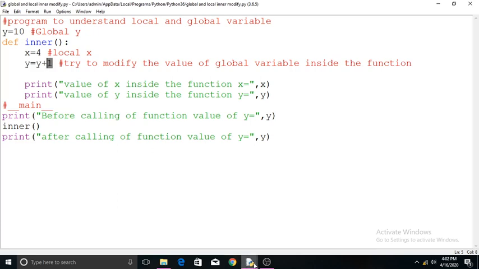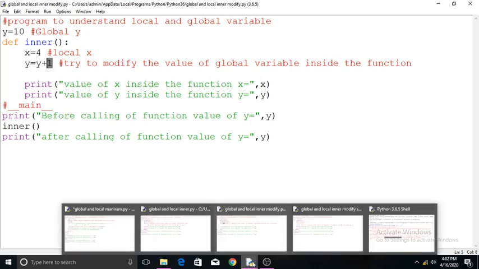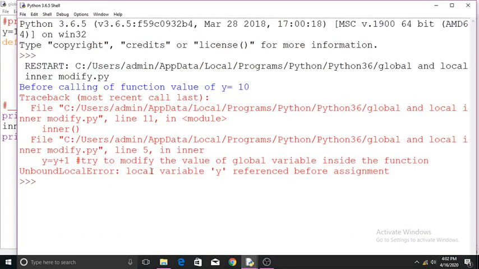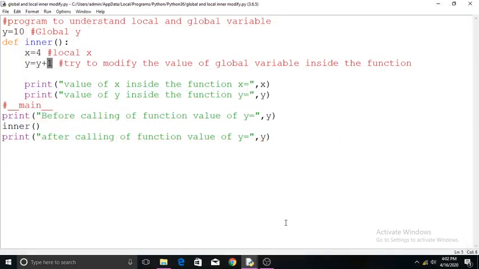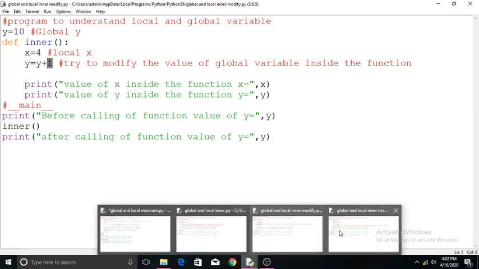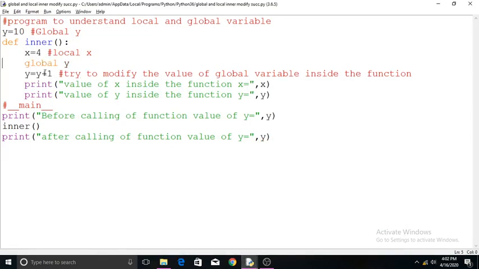Now you see the error: local variable y referenced before assignment. So now, how do we make changes to the global variable? For that purpose we come to another program. Before accessing y in the same program, I make y global.